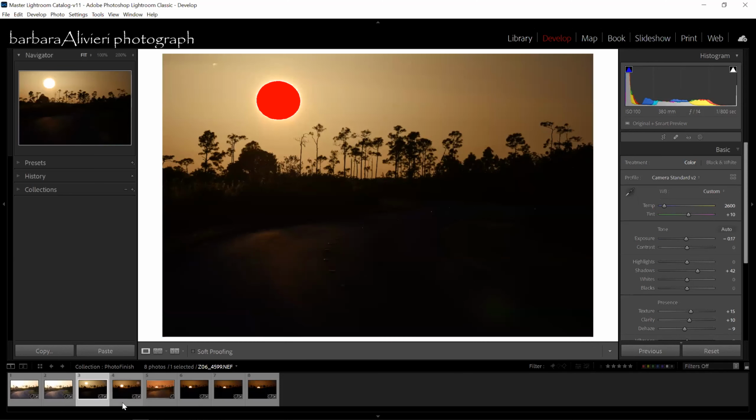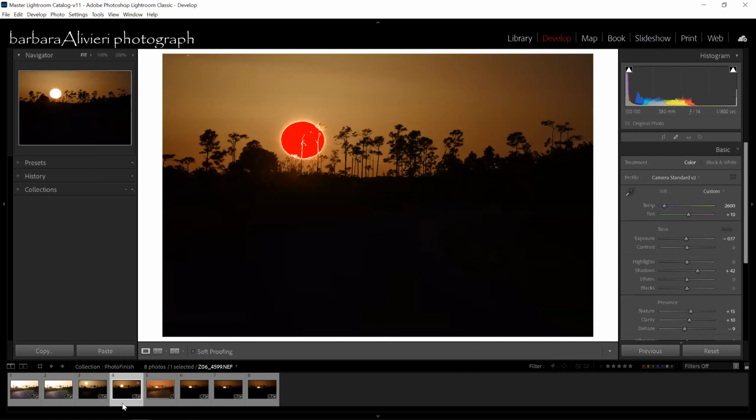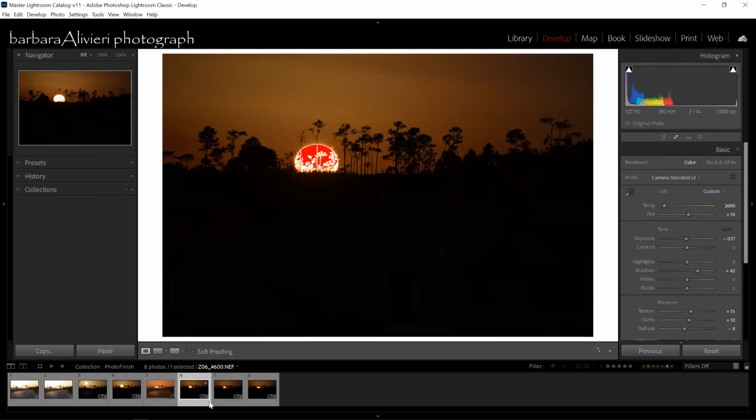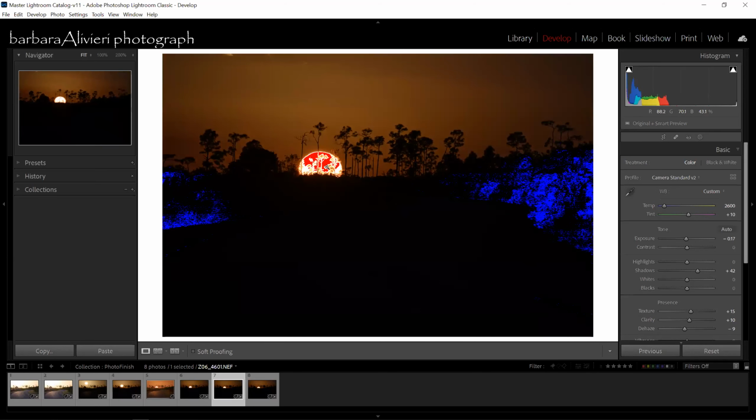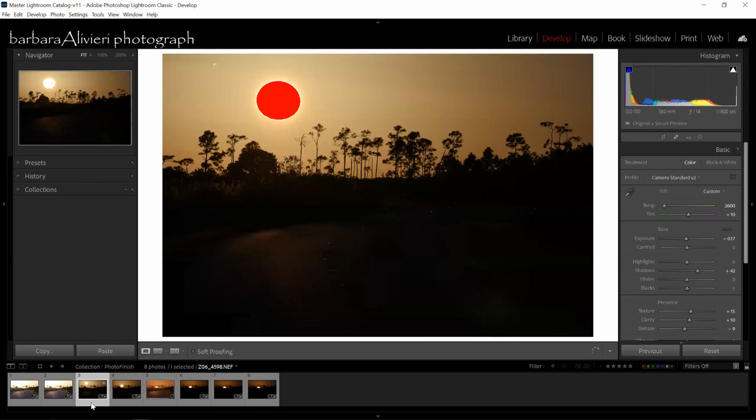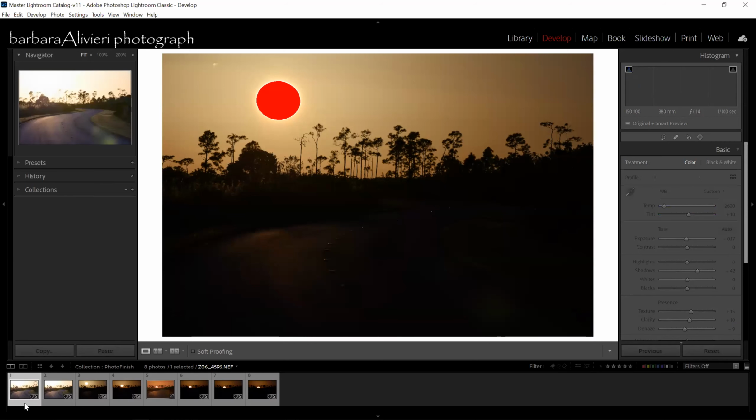Now in these here, this was just for the sun and the background. And I know you can't see it because it's very dark, because all I wanted to do is expose properly for the sun, or as close as you can. It's really hard to not blow out your highlights with the sun. And that's okay if you do, because it is the sun and it is the brightest thing. You just want to do it as little as possible.